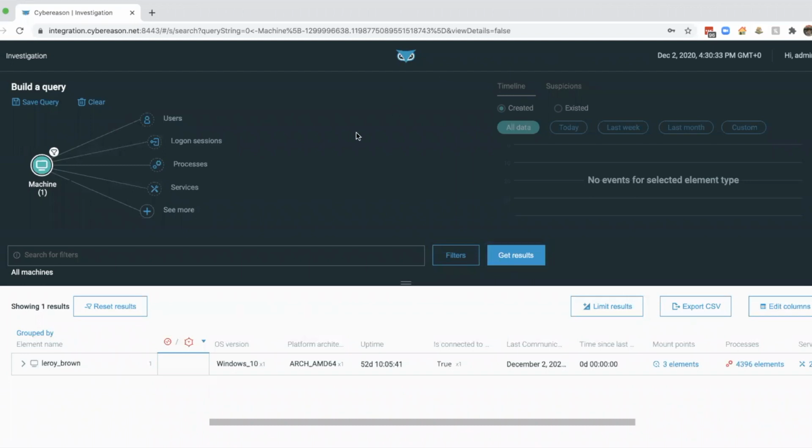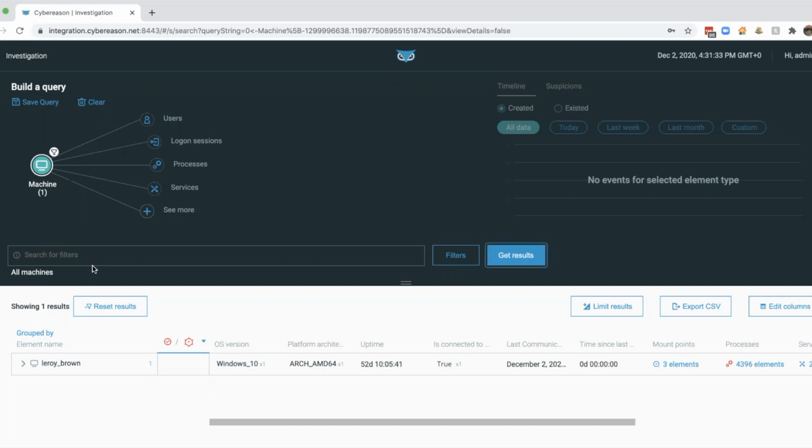Thanks, David. So let's have a look at the Cybereason end of this information. If we see here within our investigation or query screen, we can see the Leroy Brown machine, and then ask some questions against the endpoint itself, because Cybereason is pulling a lot of information from the endpoint itself, in effect metadata, that as an analyst, I can get a better look at what is the risk to not only